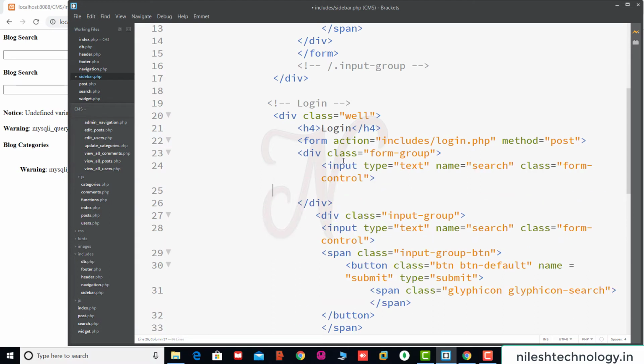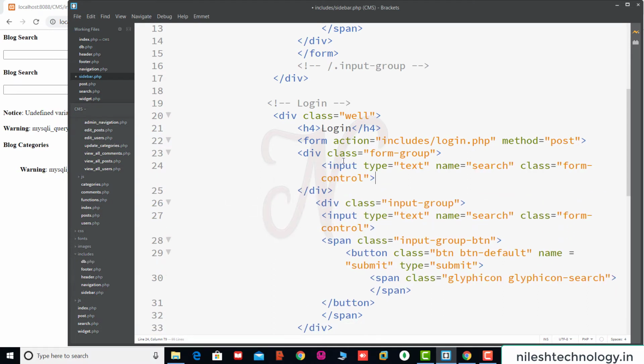Input type equal to text, name equal to username, class equal to form-control. And here we add one placeholder. The placeholder name is Enter Username.